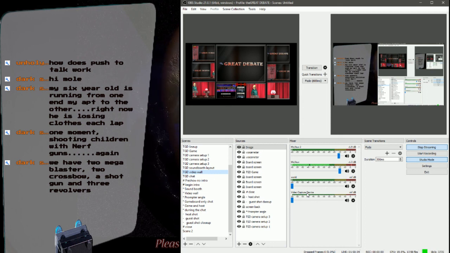Everything with a star and a dash runs the intro scene, so during the show I can run any one of those scenes and it won't replay that intro sound. But if I try to click into a setup scene, it takes me out of the show scene into the setup scenes, the TGD setup scenes, where I can change little things about the show and leave the rest of it alone.